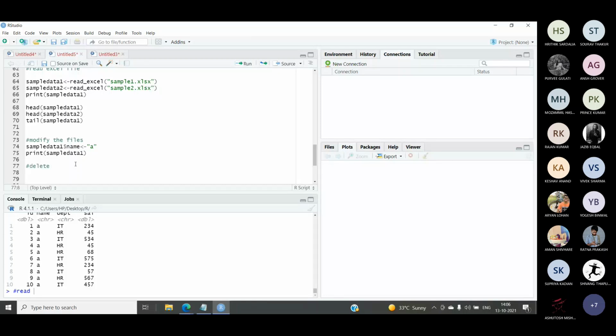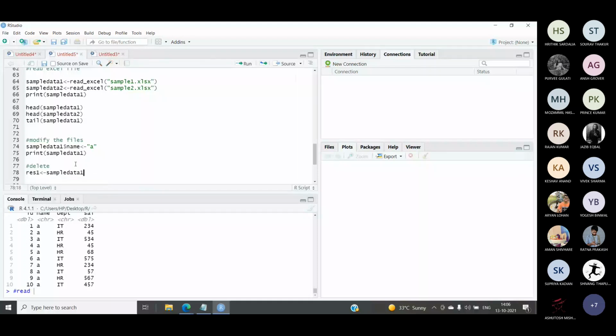Delete function, however, it works on data frame. So here what we can do, let me create a vector as res1, and for this I want to refer to my file, any of the file. We can change the file by changing it. Sample data 1.